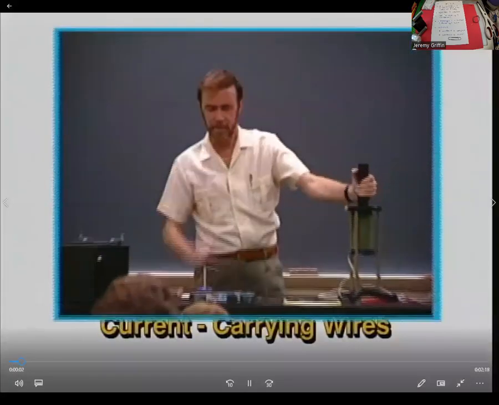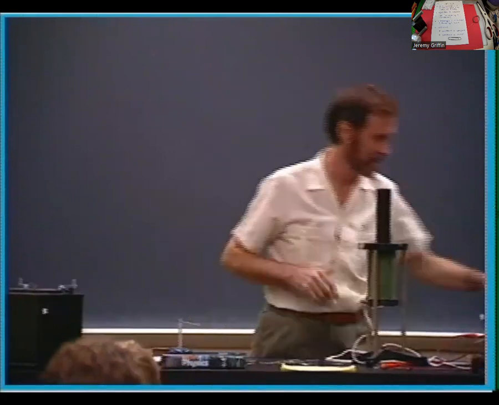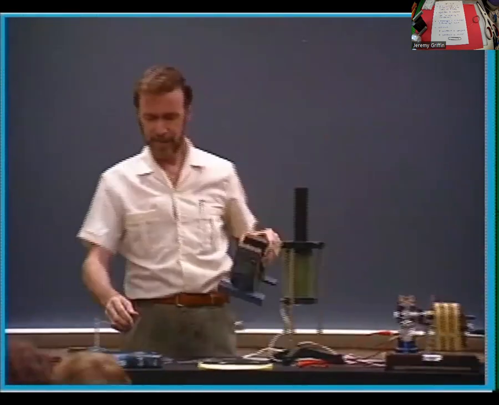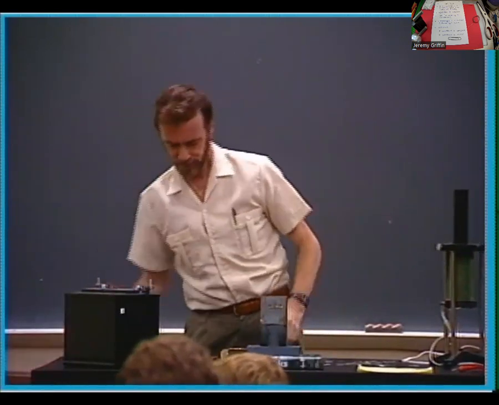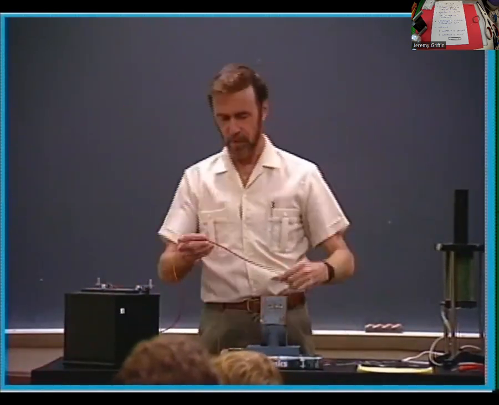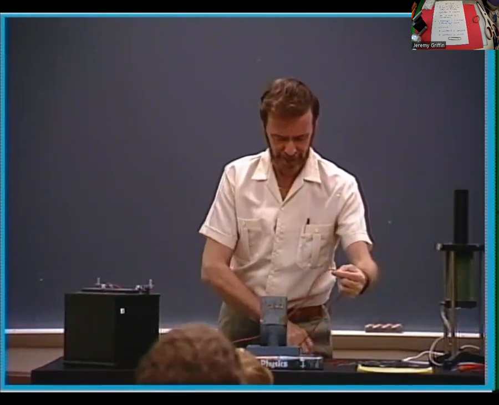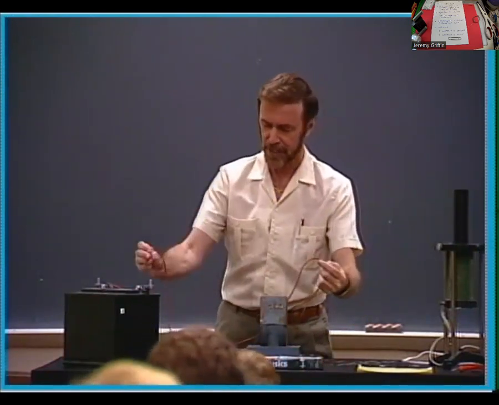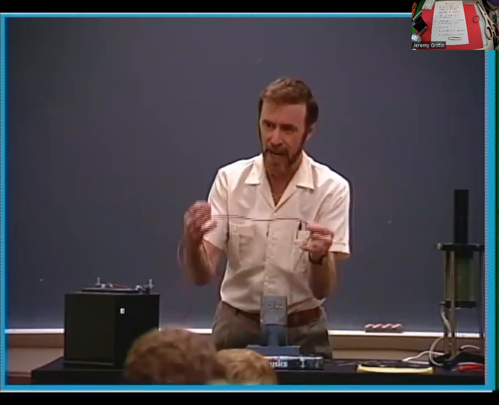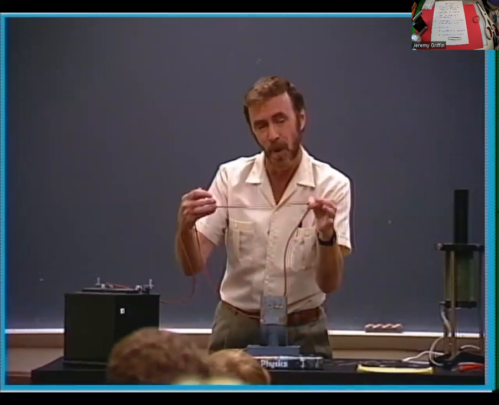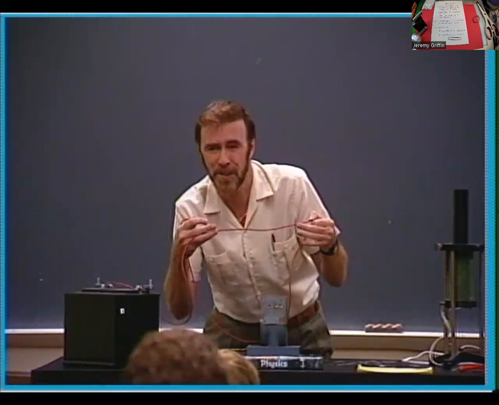I want to show you something that's even more interesting than what we've seen. Let's take this magnet. I'm going to put the wire in the magnetic field of this magnet, and I'm going to touch this momentarily so I get a pulse of current. When a current goes through this wire, would it, in a sense, be a magnet? How about when no current goes through it?